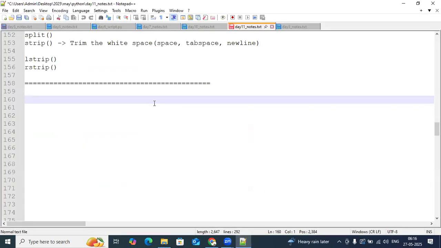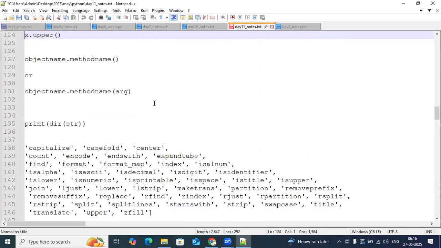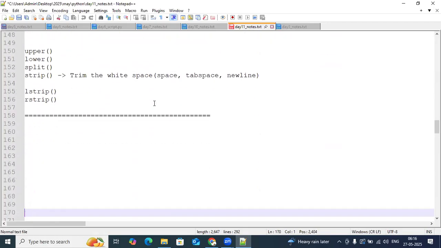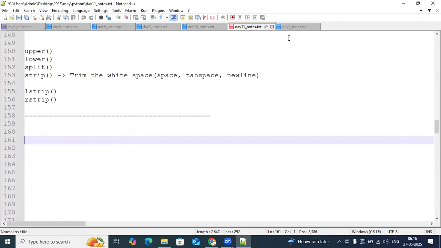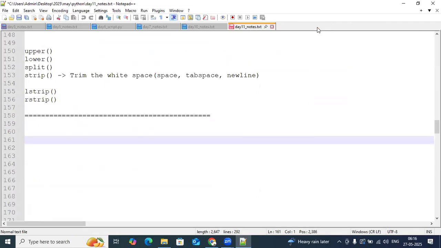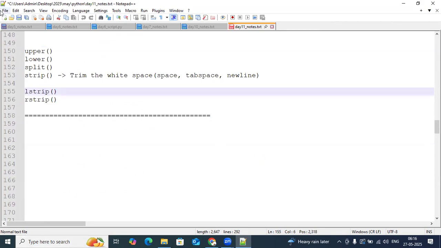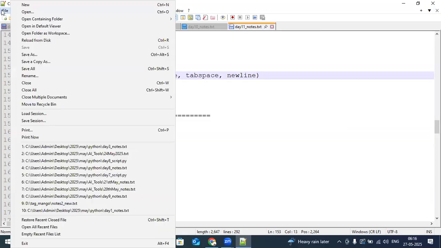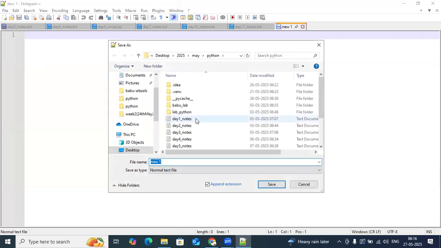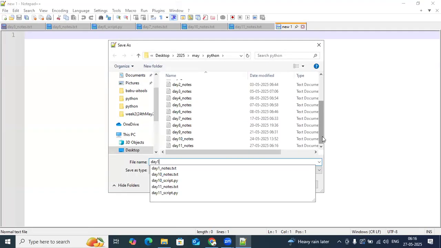So I hope everyone practiced string methods. We discussed the difference between function and method in the last session. And we understood the strings concept in detail,